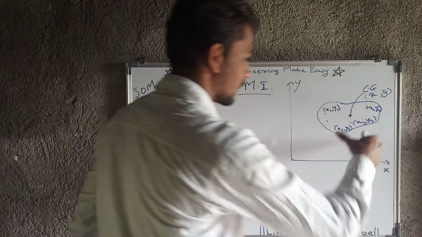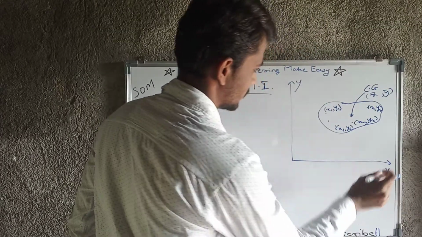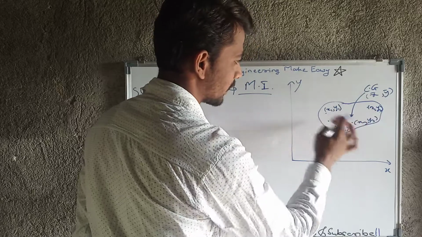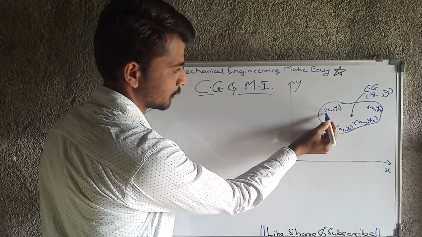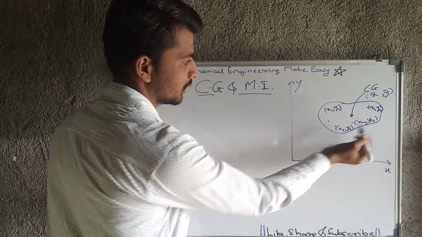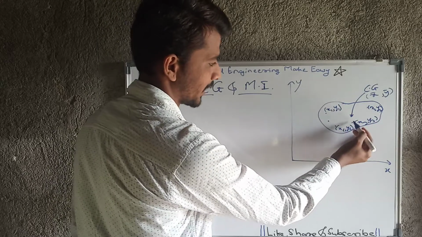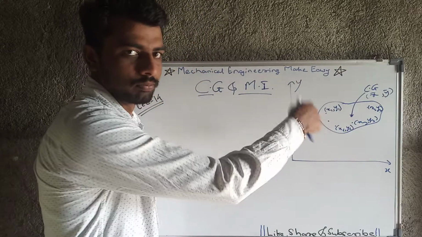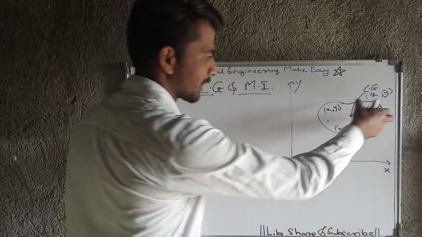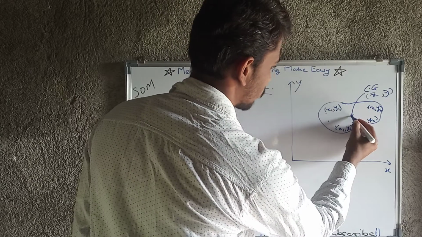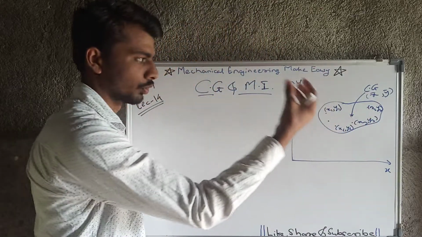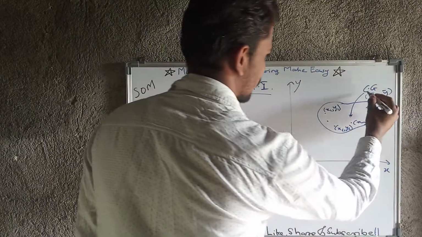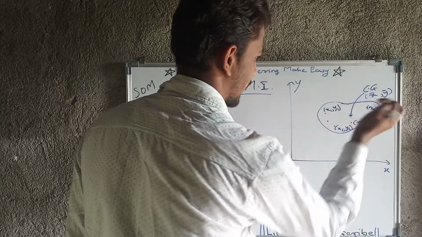With the help of a figure I will show you. This is the xy axis and this is our body. That body will have different atoms at different locations. Maybe the first atom is at the x1 y1 location, the second atom at x2 y2, the third atom at x3 y3, and the fourth atom at x4 y4. There may be any number of atoms, and by combining all the atoms we get one point at which the whole weight of that body is supposed to be concentrated. That is center of gravity, which has coordinates x bar and y bar.